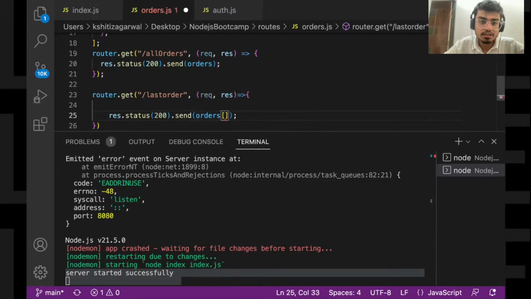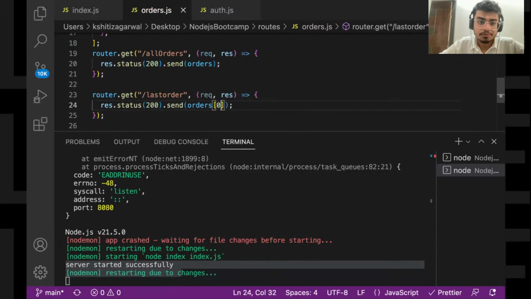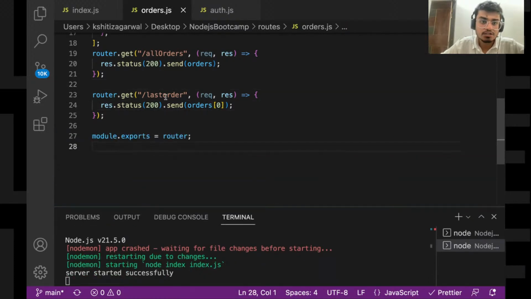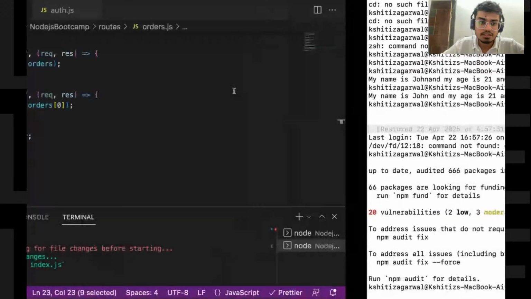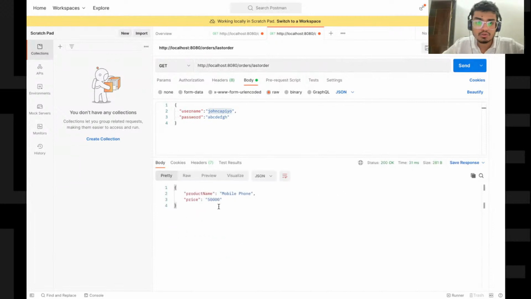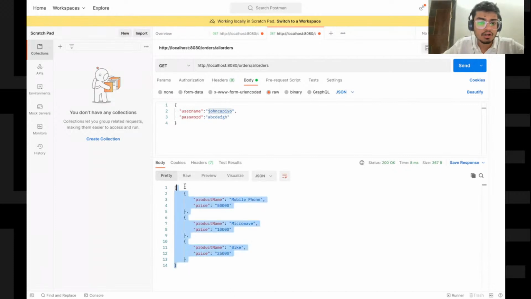So I'll be sending the first element of it. I have created last order now. If I go back to last order, you see we got only mobile phone. Instead, with all orders we were getting all our orders, right?